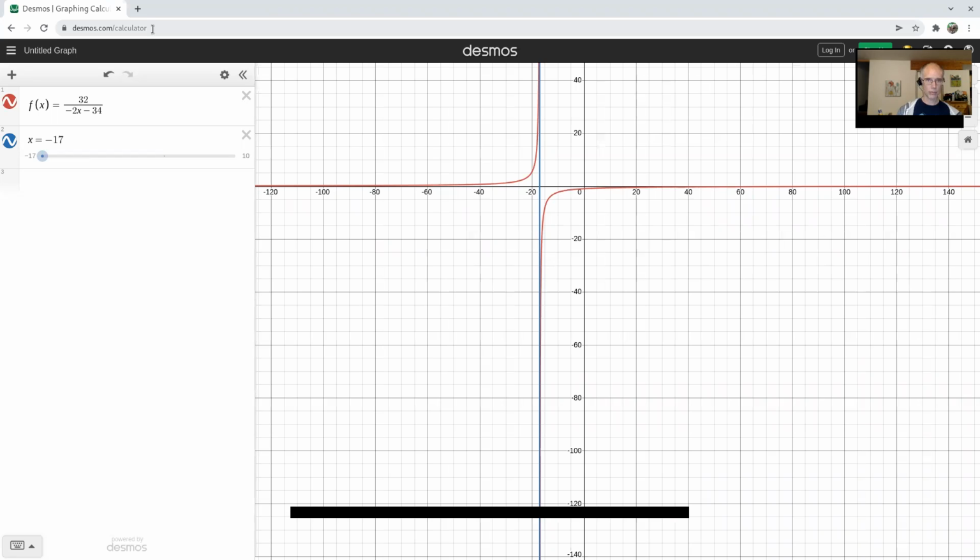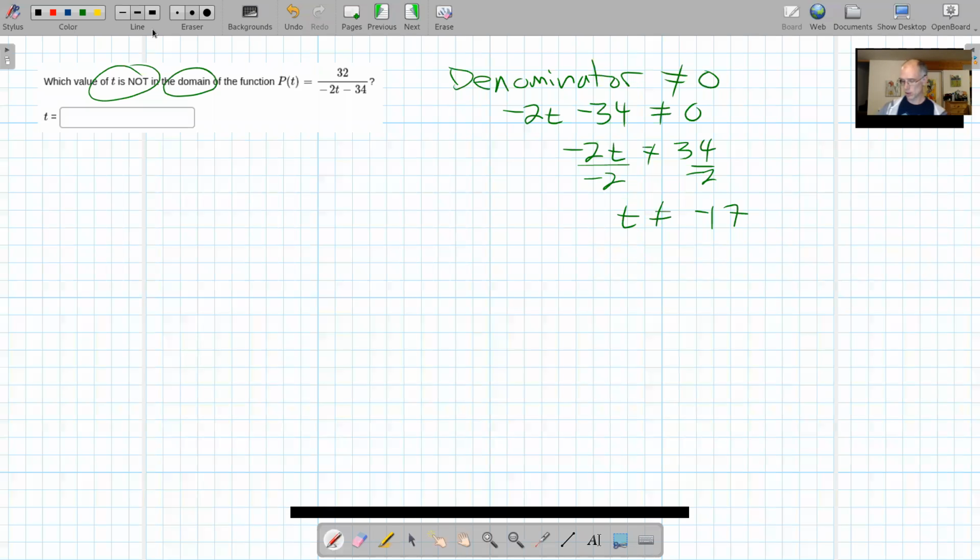Let's try another. So here, which value of t is not in the domain? I would just say t equals -17 would be the way I would answer this one. Alternatively, if I needed to state the actual domain,